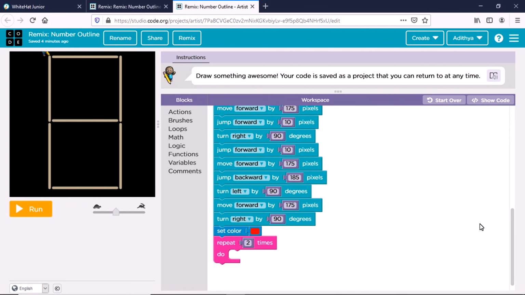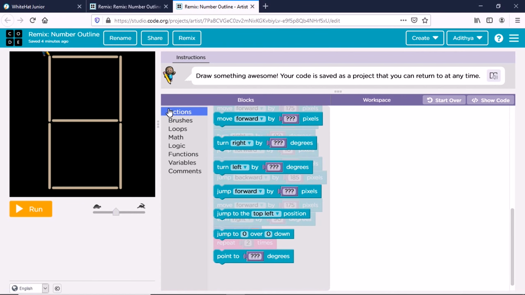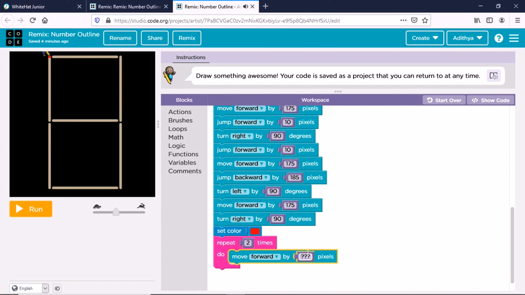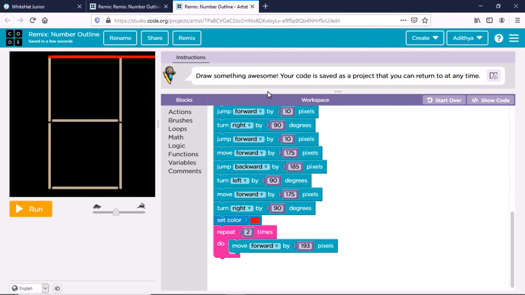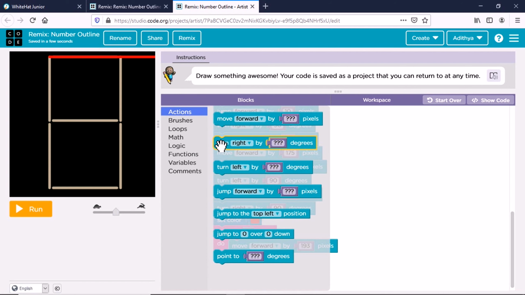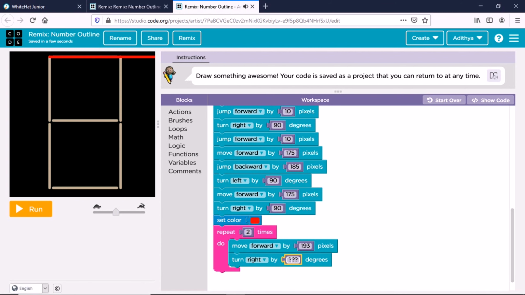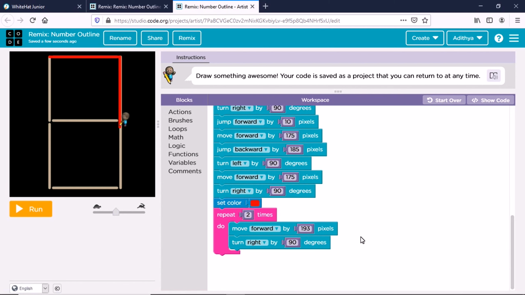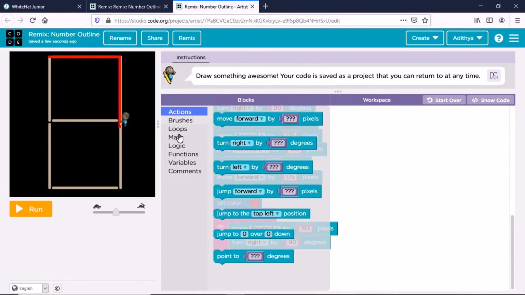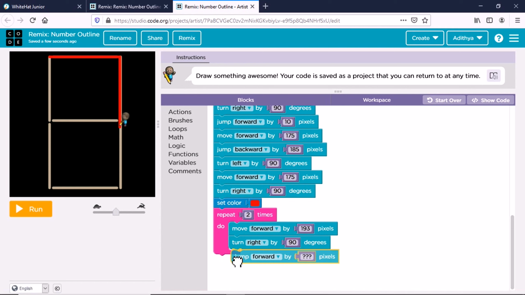And now come to actions. Move forward by 193 pixels and turn right by 90 degrees and jump forward by 10 pixels.